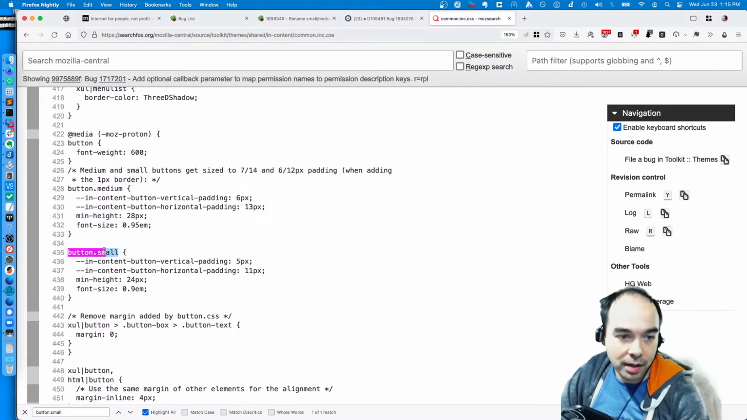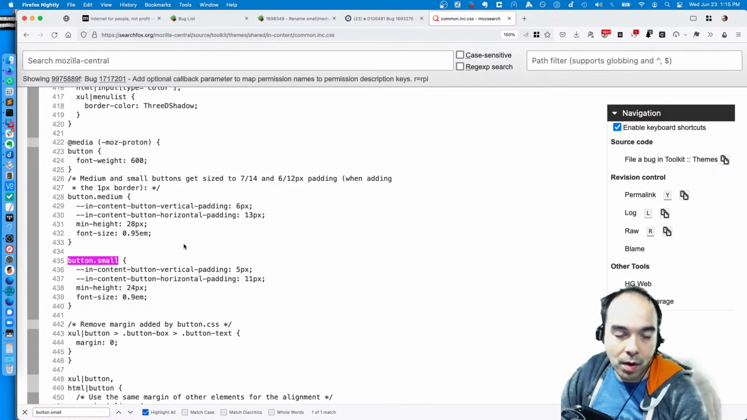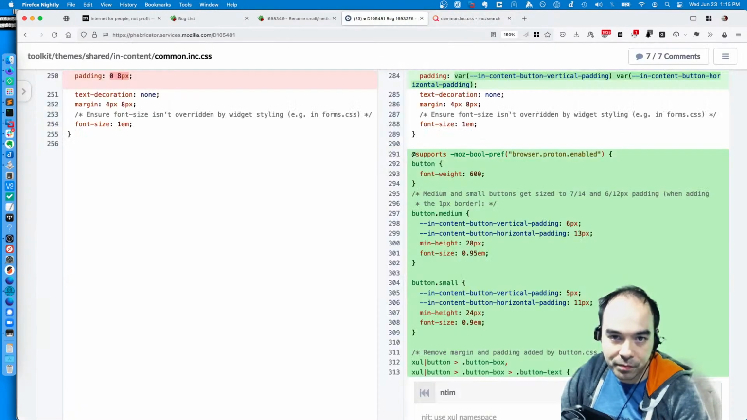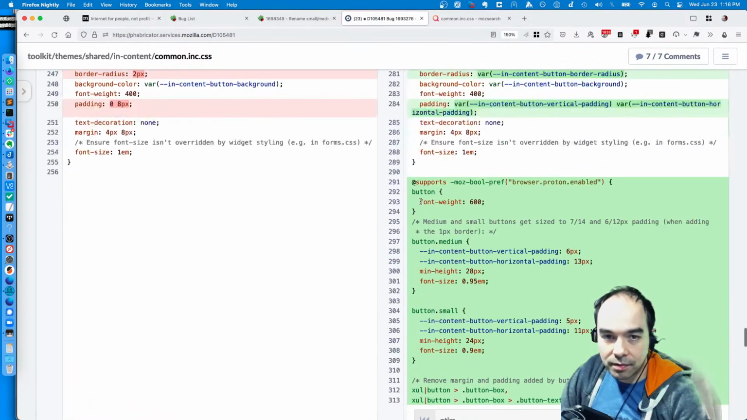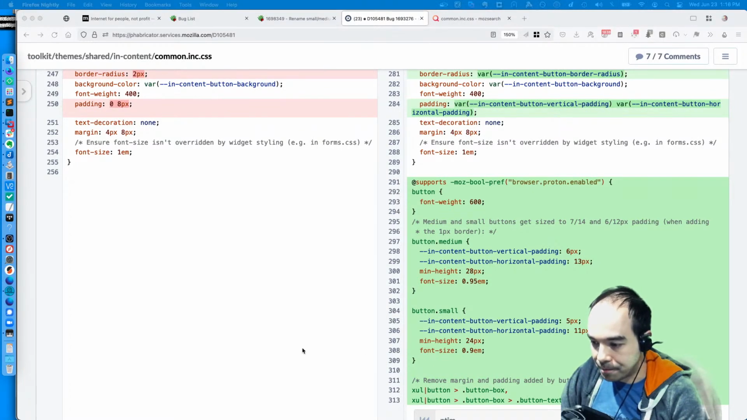Just in case we end up having a class called small or medium that I guess we don't want to apply to anything. Like we want this just to apply to buttons. So I think he's wanting us to be a little more consistent and more precise with the class name. Okay. What uses these classes? So this is for common.inc.css. This style sheet is what powers a lot of the built-in